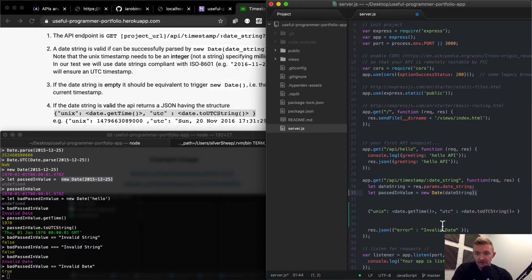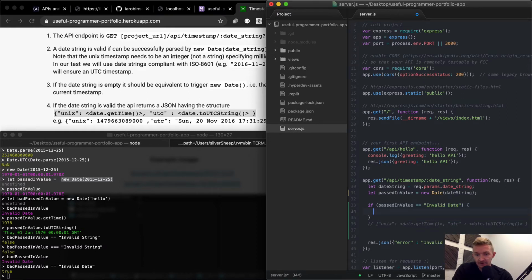And so then we could say, we'll just comment this out for now, but if our passed in value is equal to invalid date, then we want to return this invalid date, right? But else if,